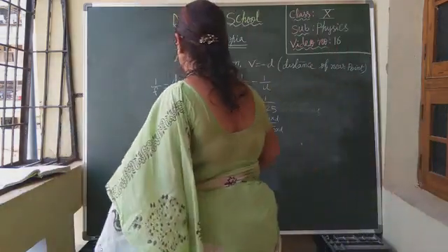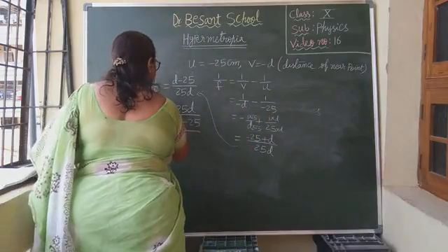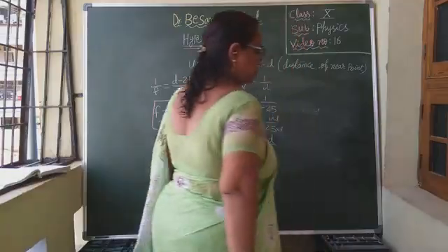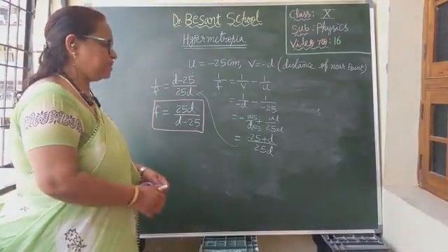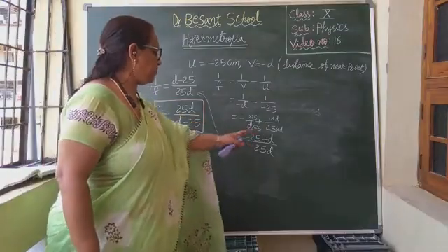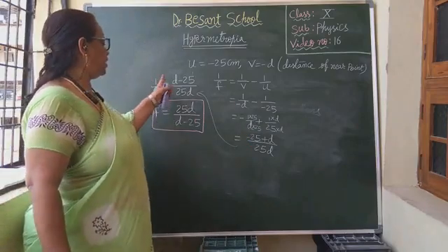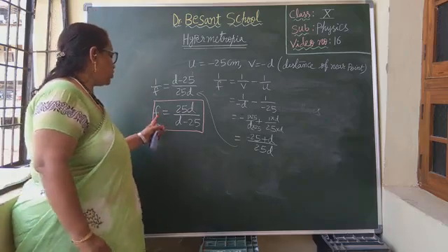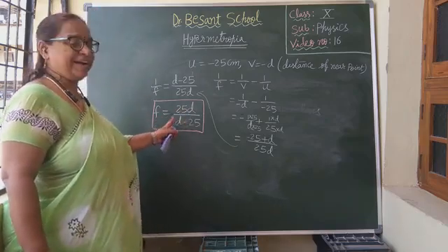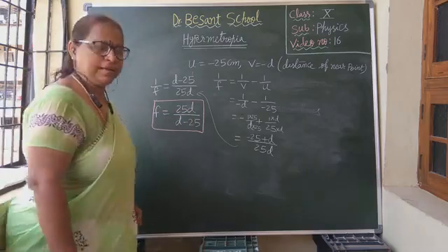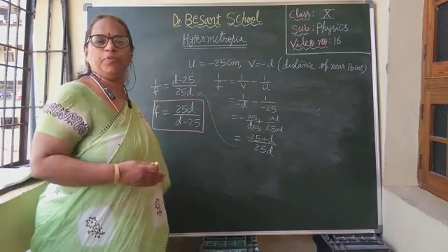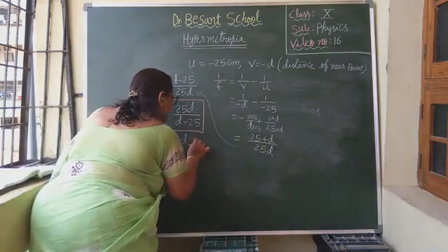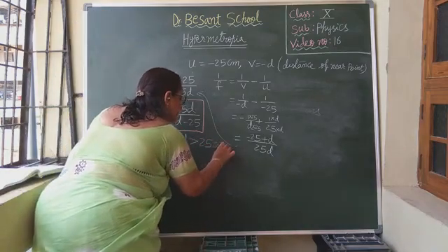Please note down the correction here. I'm sorry, in the flow the mistake came there. Here minus 25 plus d. So 1 by f equal to d minus 25 by 25d. Doing reciprocal on both sides, we got f equal to 25d by d minus 25. And here d means the distance of the near point, which is definitely greater than 25 centimeters. So d is greater than 25 centimeters.